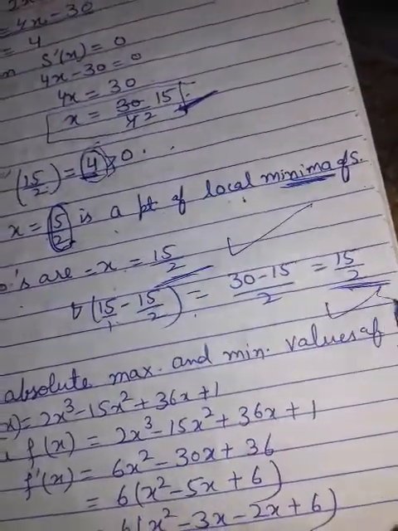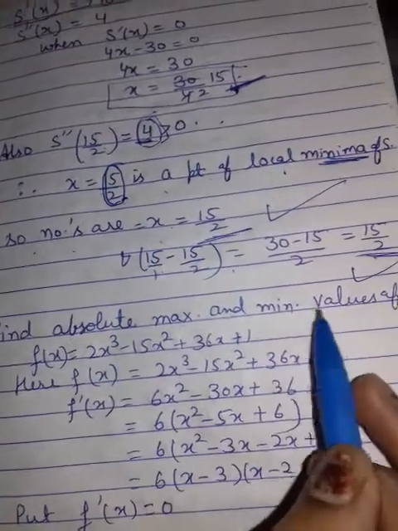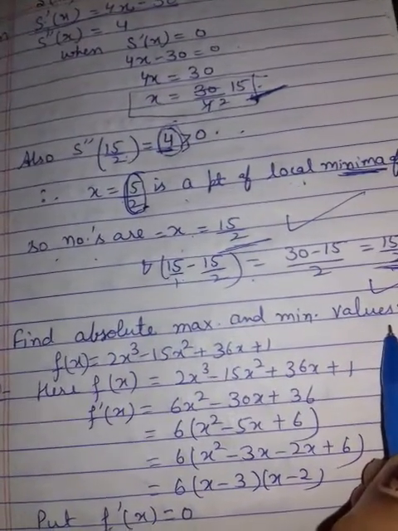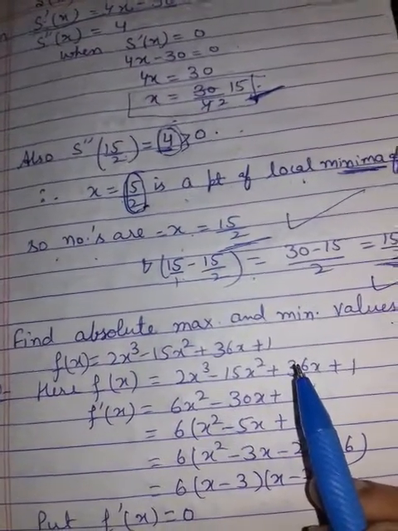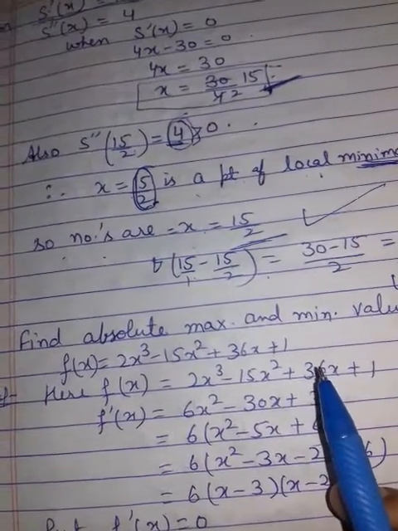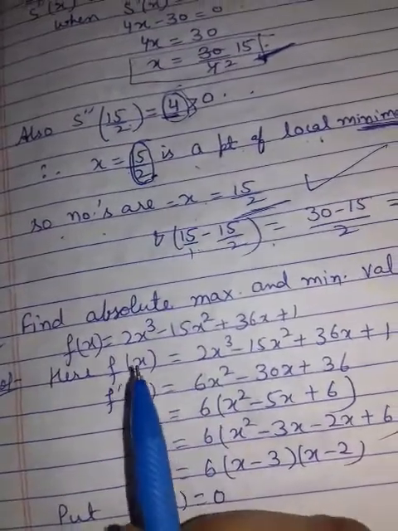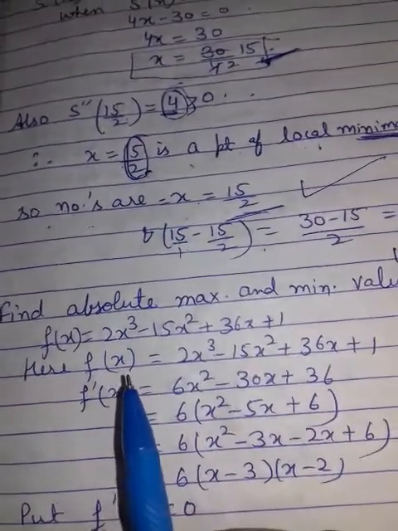Any point can be there, but now the next concept is absolute maxima and absolute minimum value. In local, we take the opposite: if it is giving a maximum value, that is your minimum, and if it is a minimum, that is maximum. You are checking in the second order derivative, but it is the same here. In absolute, you will take maximum as maximum and minimum as minimum. But this is the difference.